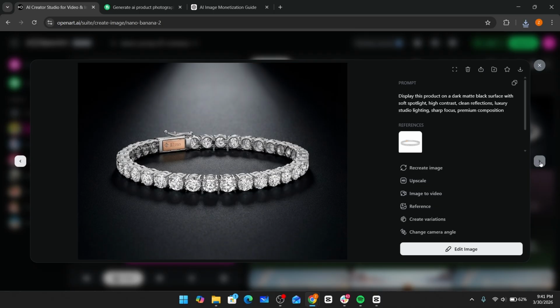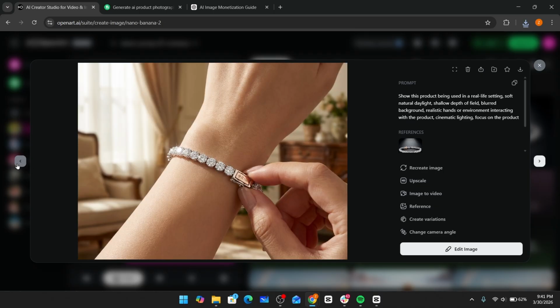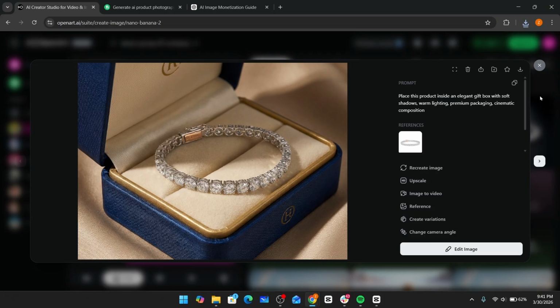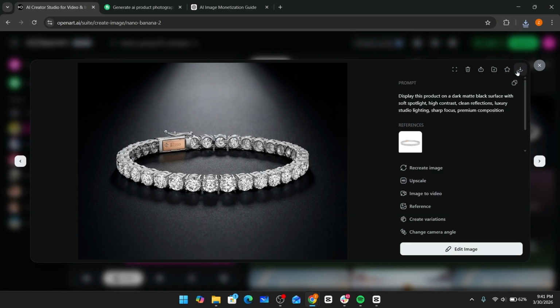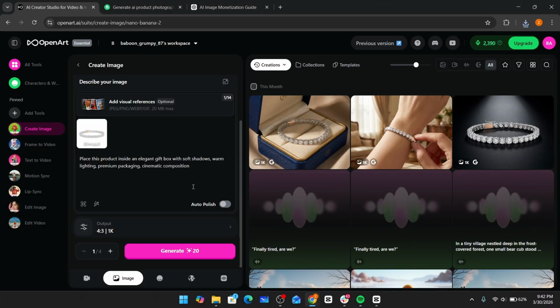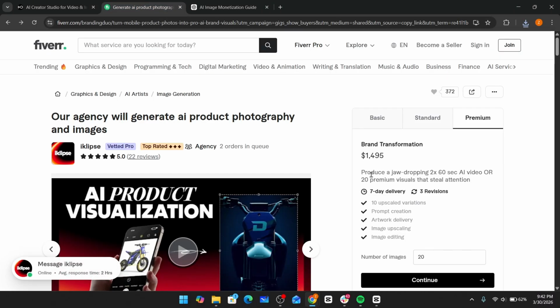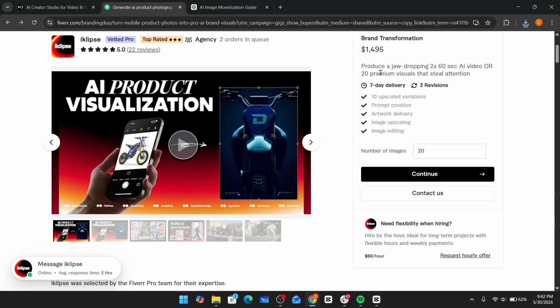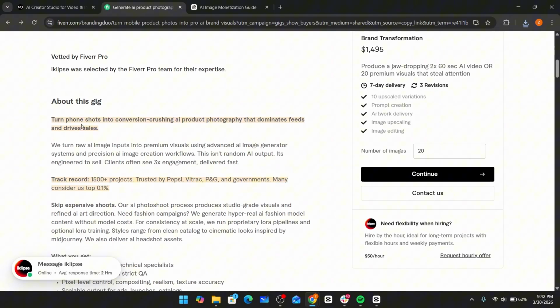This is exactly what higher-tier Fiverr packages are selling for hundreds or even over $1,000. Once you have these images, you can create your own Fiverr gig. For the basic package, offer one enhanced image for a lower price to get your first clients. The standard package can include multiple variations, like the 3 we just created. The premium package can include even more variations, faster delivery, or AI-generated videos. You can copy the structure of the listings you see on Fiverr, including revisions, multiple variations, and prompt customization, because